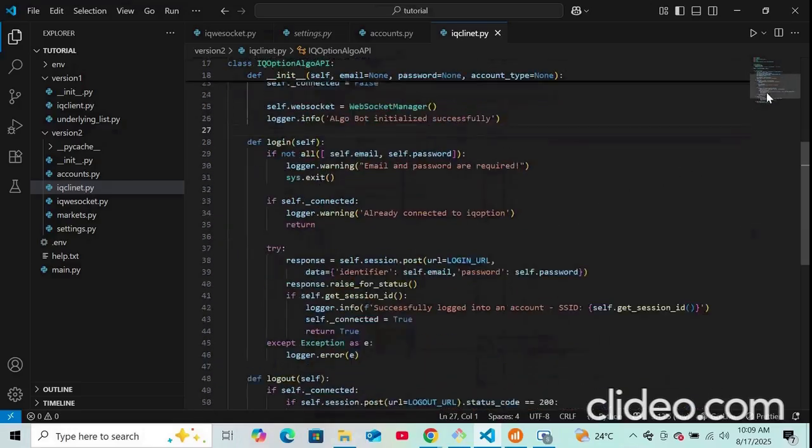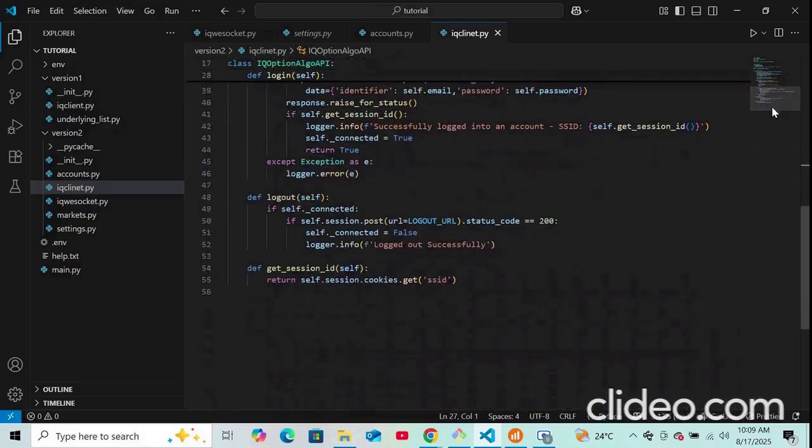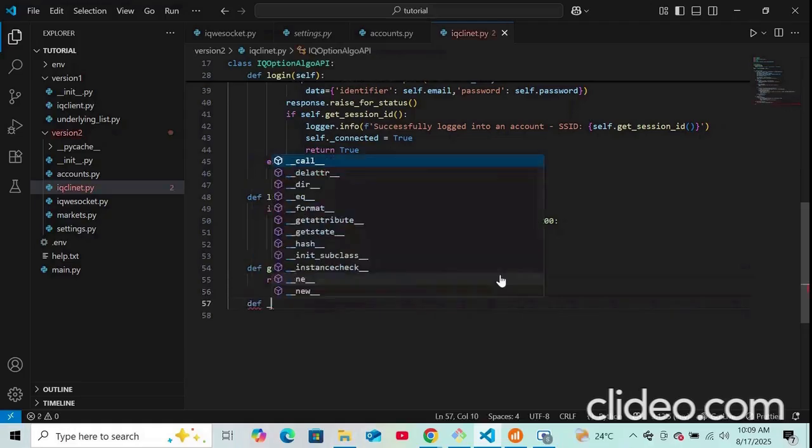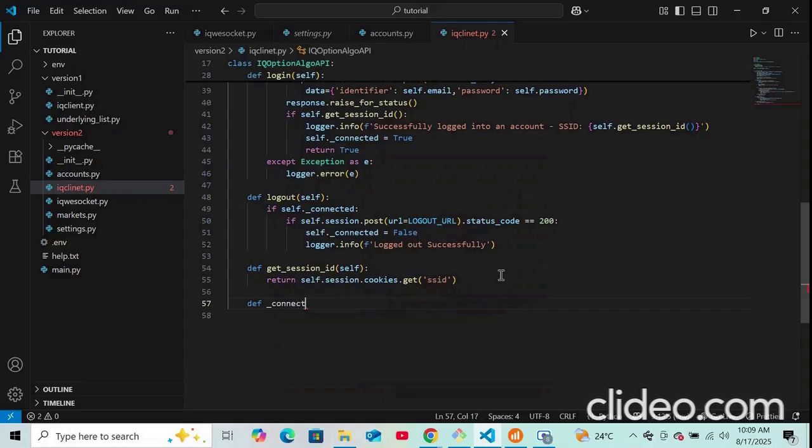So far so good. Now let's write one more new function, and this function will be responsible for making the login request, and upon successful login attempt to connect to WebSocket, and then attempt to get authenticated to WebSocket by passing the session ID, right? Okay, let's give it a name like connect,